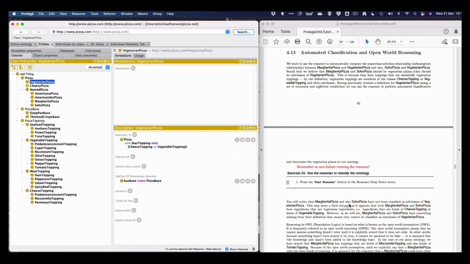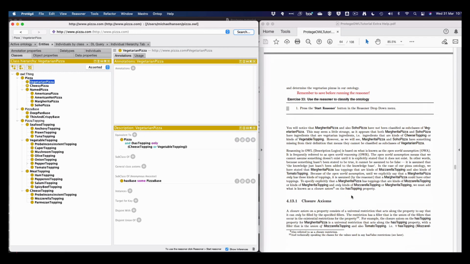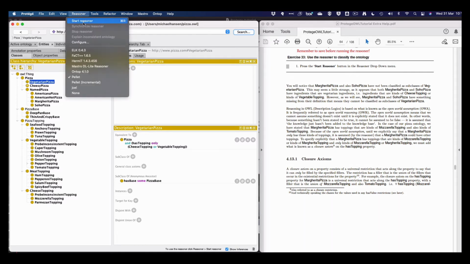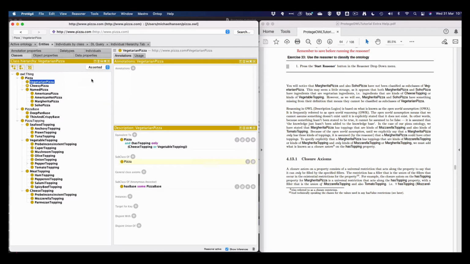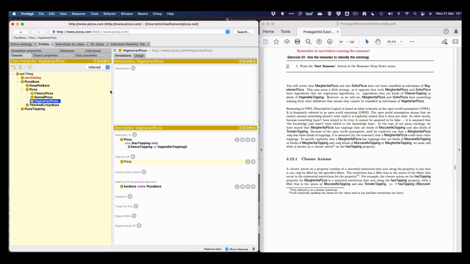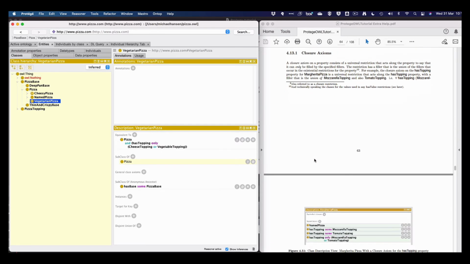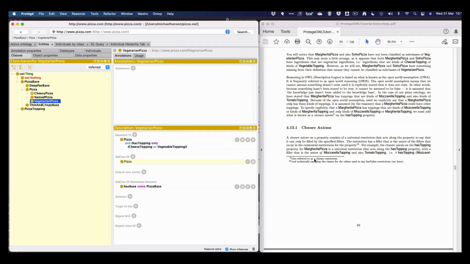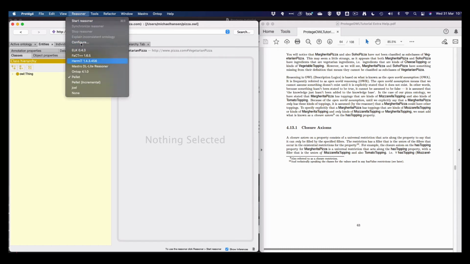So let's start the reasoner, and we can go to invert, and shouldn't we have, maybe we stop it and then